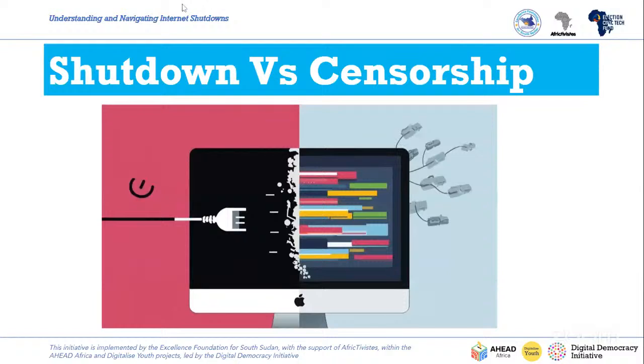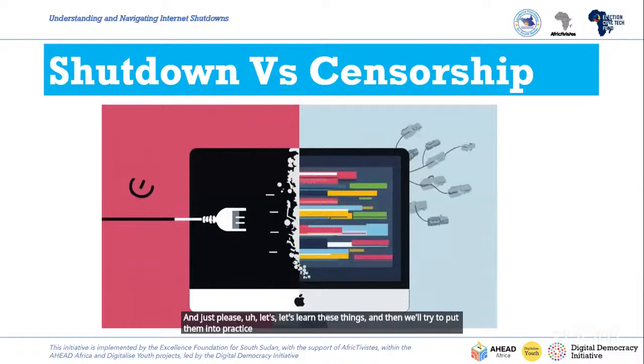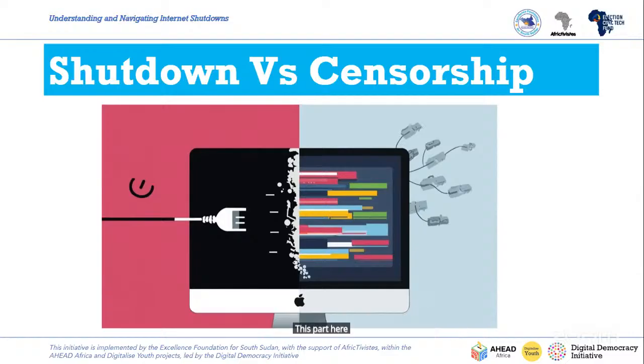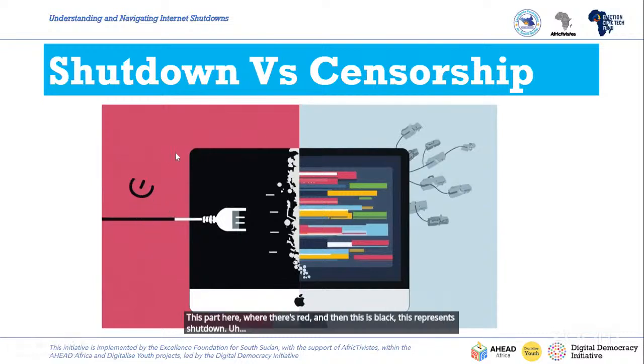Please let's learn these things and try to put them into practice so that we are able to be better. So we talked about internet shutdown, and then there was censorship. These terms are closely related, but they are different in a way. Shutdown, as we can see here, this part where there's red and black, represents shutdown. And you can see this power button here.